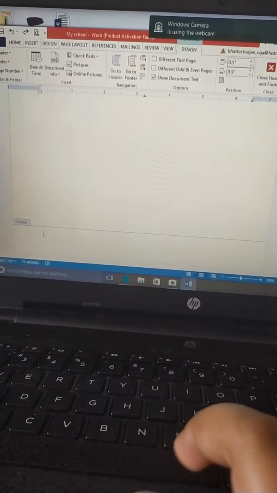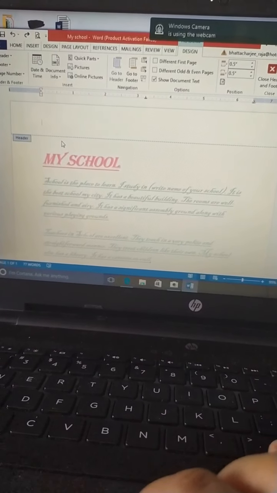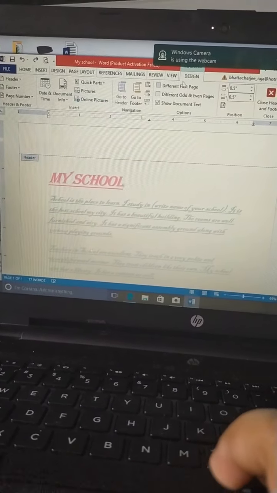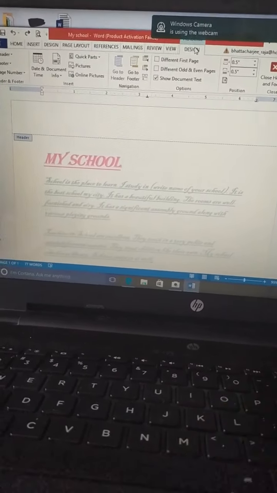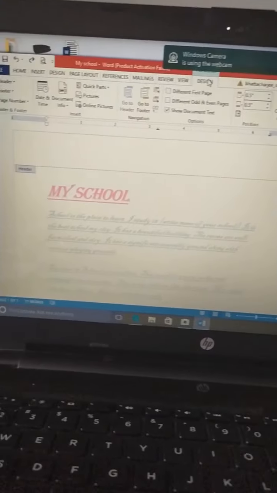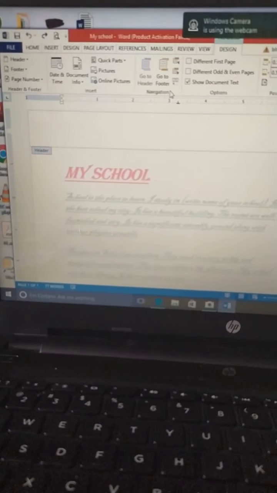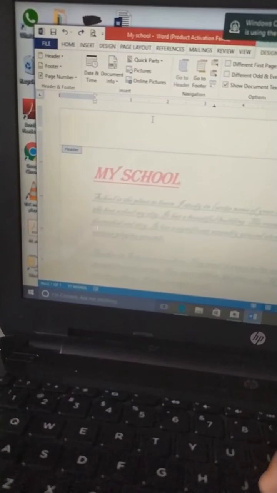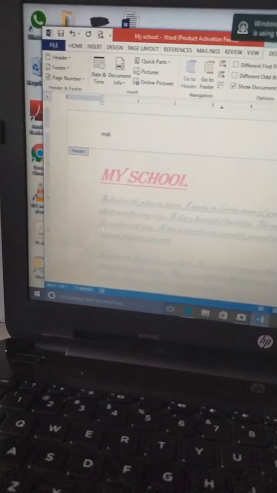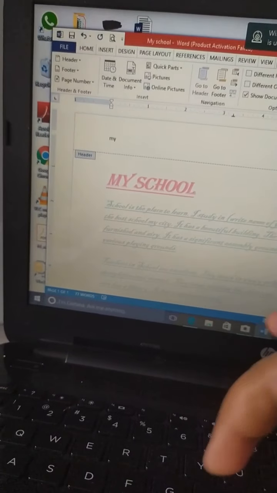Clear everyone? Now you can find over here the design tab is on. As we have brought the header and footer, the design tab is there. In the header we can insert, suppose one heading we can insert over there, my school.